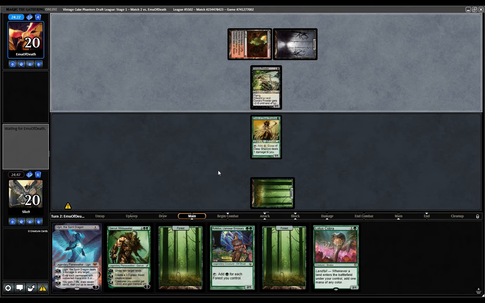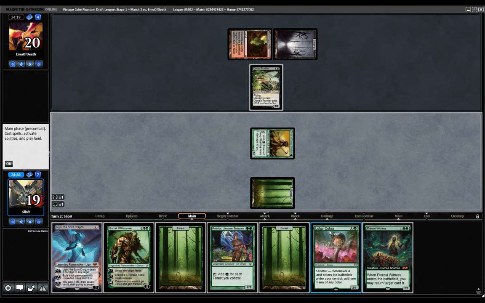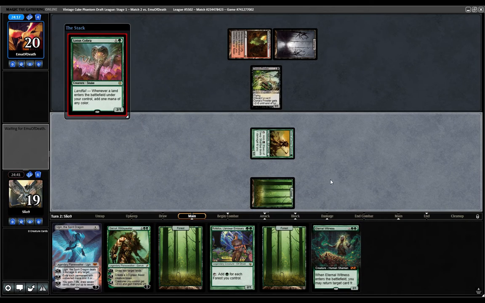Ugin's Prowler means they care about having a discard outlet, obviously. Yeah, so I can't do that. You can do this though. Yeah, the Cobra into Rofalos, and then